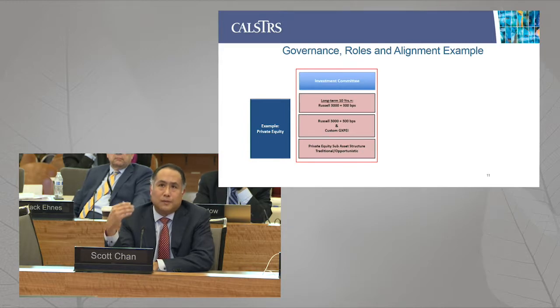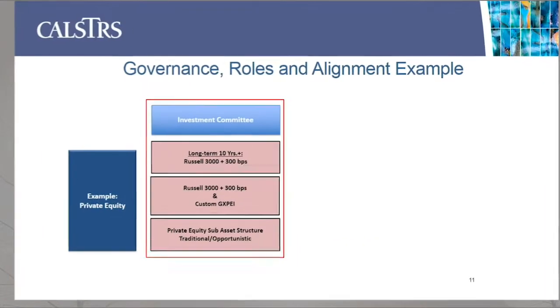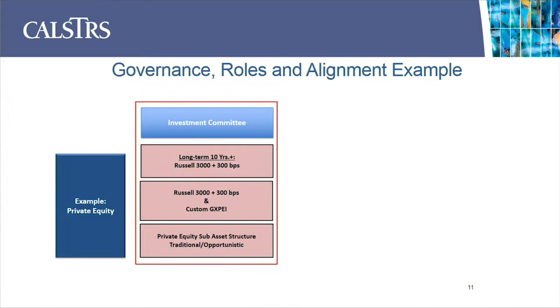So we start with the investment committee. Our long-term benchmark for private equity is currently the Russell 3000 plus 300 basis points. That's what we use in our strategic asset allocation to set how much of an allocation we'll have in private equity as an example. The board is also in the structure set a short-term benchmark, which is produced by State Street, and it represents the universe of private equity that State Street is able to collect through a cash flow basis.